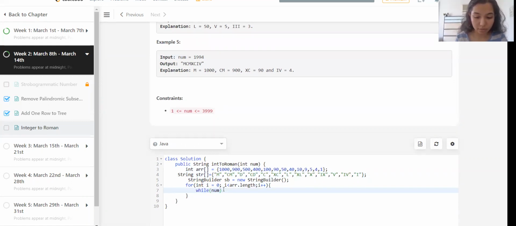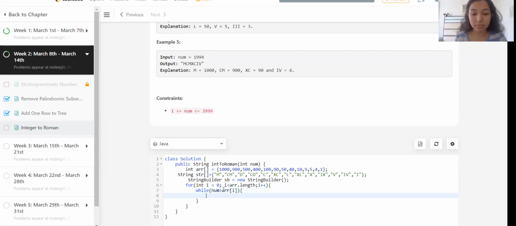I guess you'll understand it better. While num is greater than arr[i], we'll keep adding the particular index of the string to the final result, that is sb here. num -= arr[i].